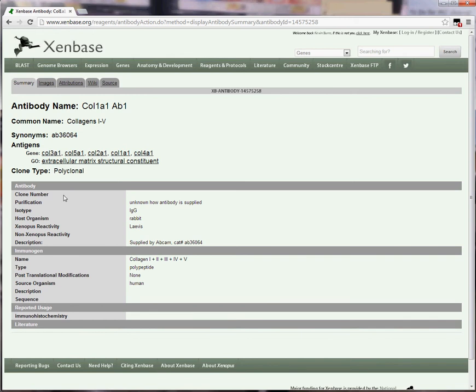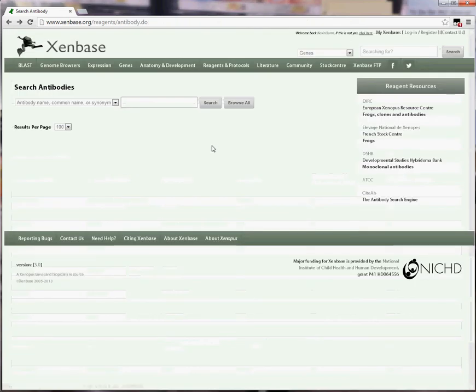The other data that are captured are down here, and of particular note, most of the time to find information about how to get the antibody, that's under description, and we'll have a note that says supplied by either the manufacturer or who made the homemade antibody. Also, most of the antibodies will have Xenbase attributions here under this tab. If I go back to the main page,